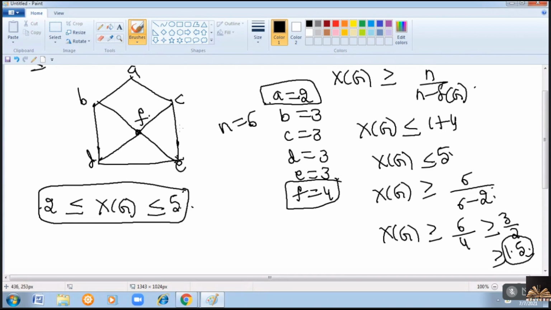So this color may require either 2, 3, 4 or 5. So what is the correct number that you need to identify, right? So one way of finding the chromatic number